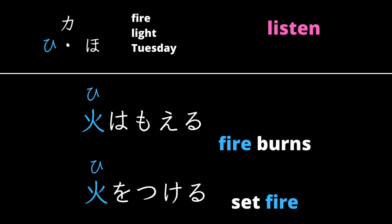Listen. 火は燃える。 Fire burns. 火をつける。 Set fire. Shadowing. Repeat as soon as you hear the first sound. 火は燃える。火をつける。